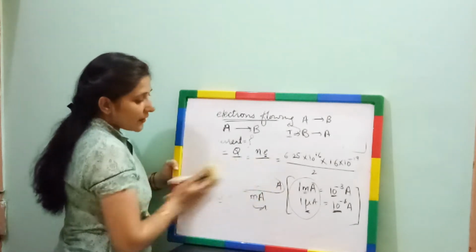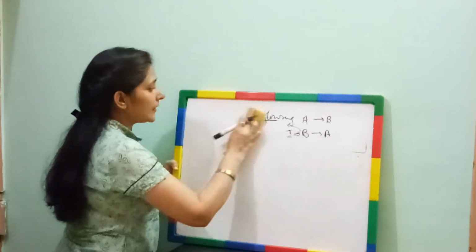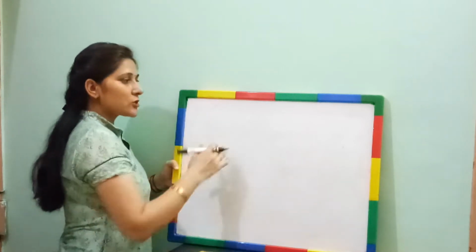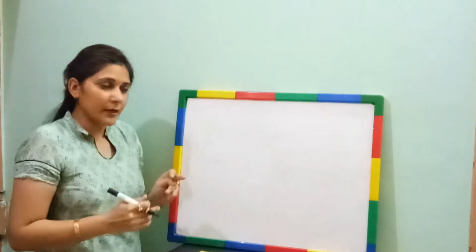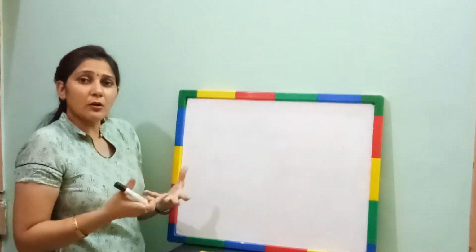And as far as we are talking about current, this current is a scalar quantity, but one thing may create a confusion. As we are saying current, the direction of current is from here to here, from there to there, positive to negative, high potential to low potential. What is the meaning of that?